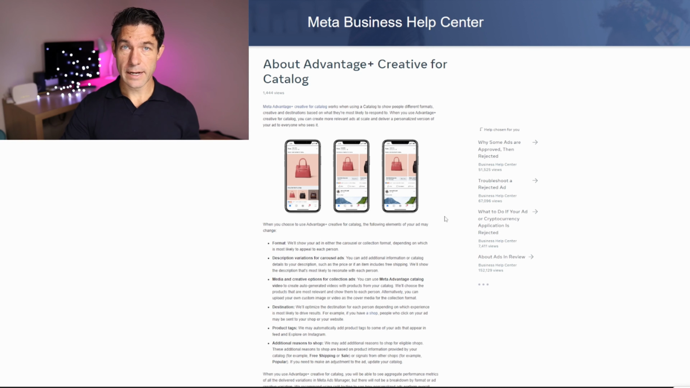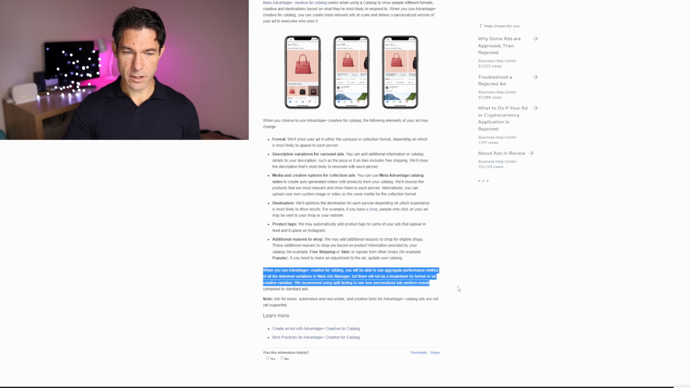They'll auto-generate a product video. They may add product tags to the photos. You might have seen some ads that have got a product tag which is either new arrival or popular. Facebook will try those out, and they do give you some breakdown of what's working in terms of performance when